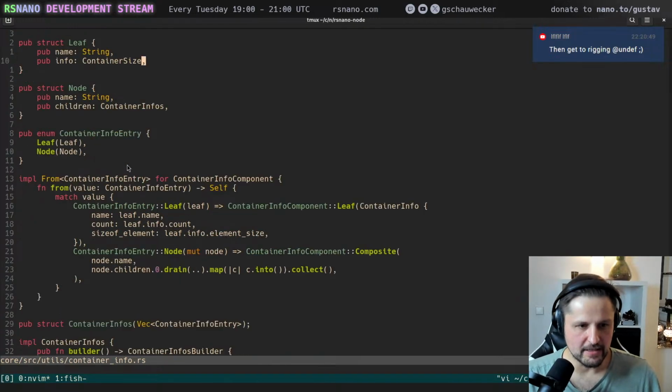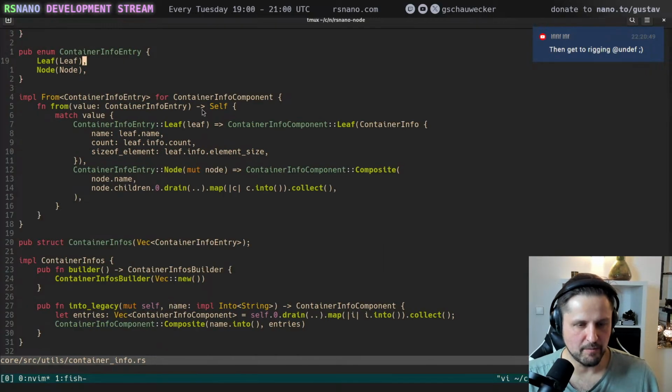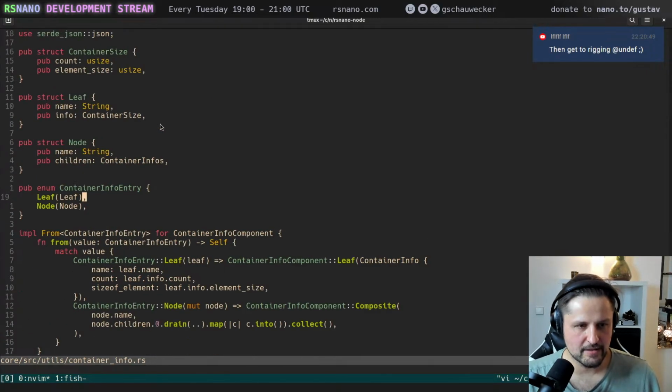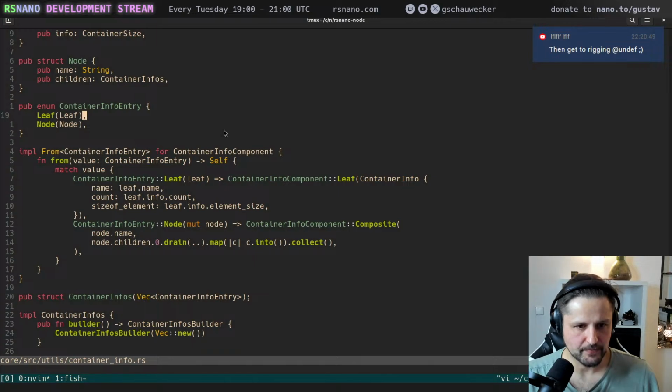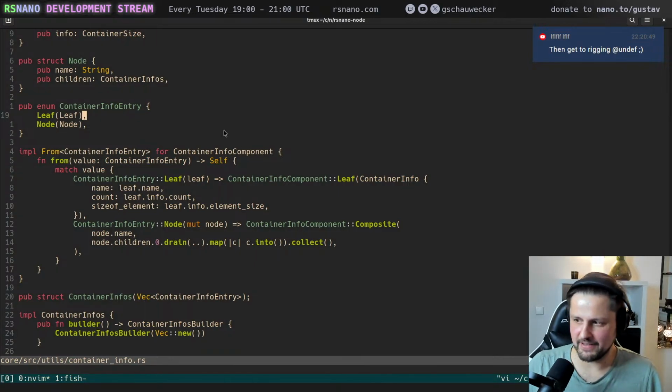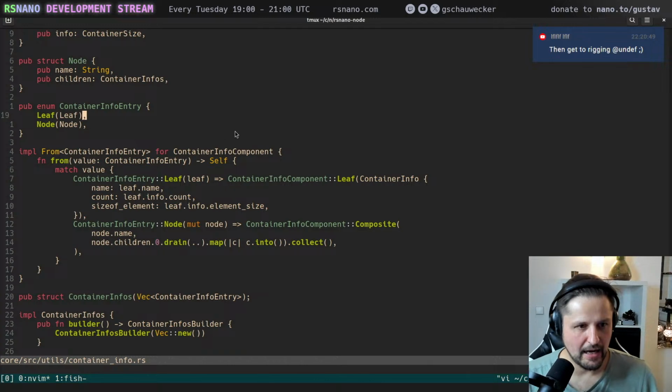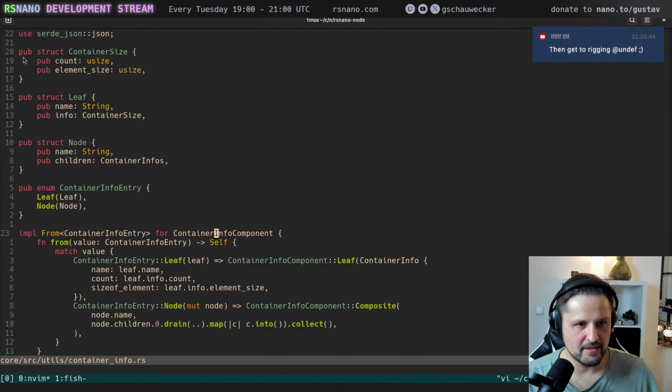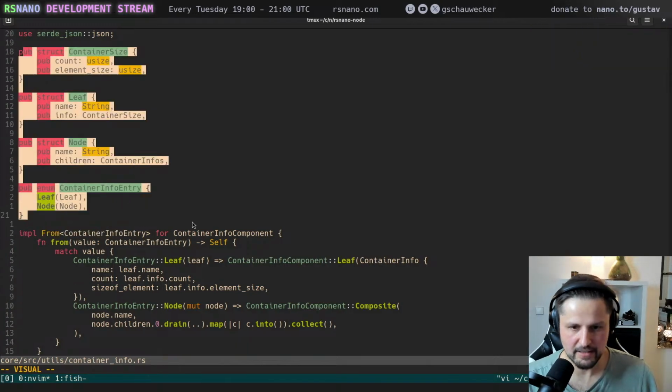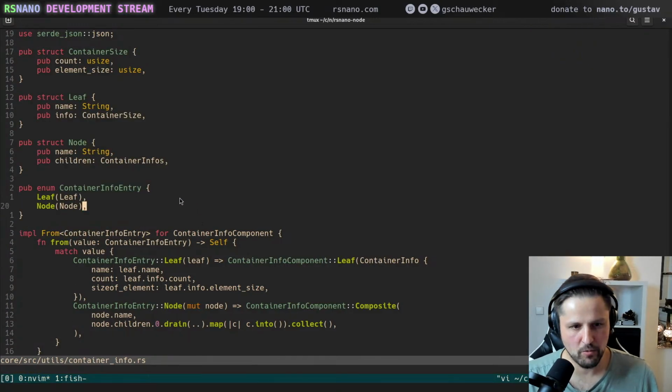Let's refactor from old to new. I started this afternoon, and again, we are back at small, simple and easy steps. I'm doing this in very small and safe steps. I have these new structs here that contain the same information, just in a slightly different way.